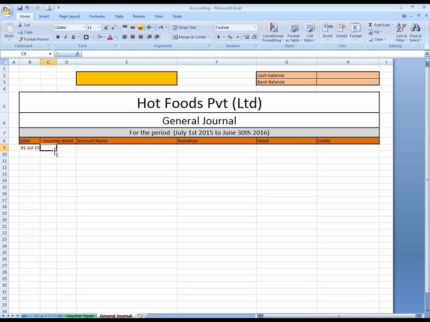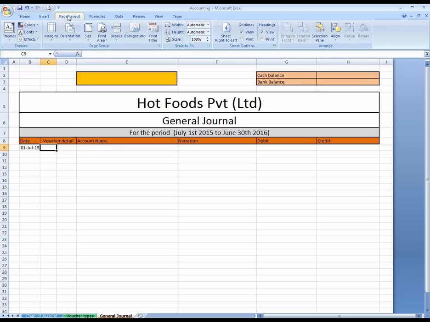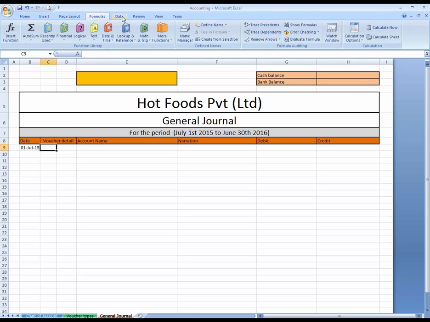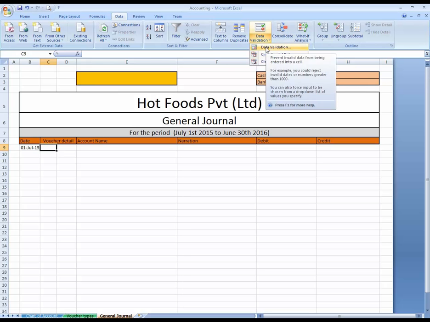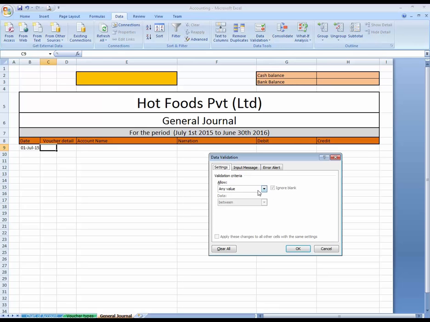For this purpose, follow me: page layout, formulas, data validation. I'm going to write over here data validation list. Here is list.